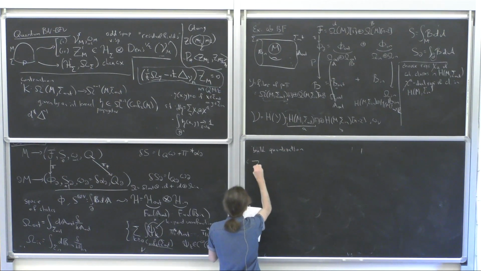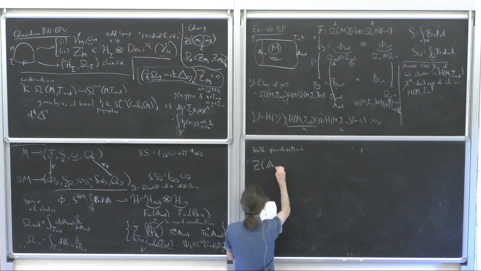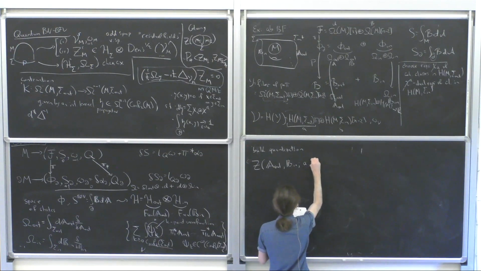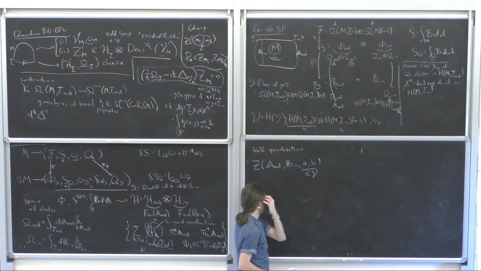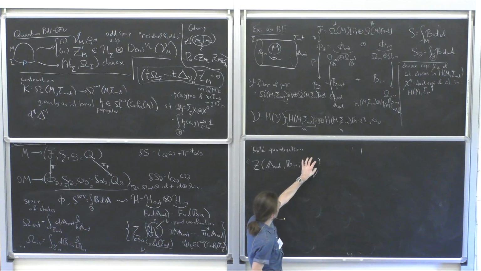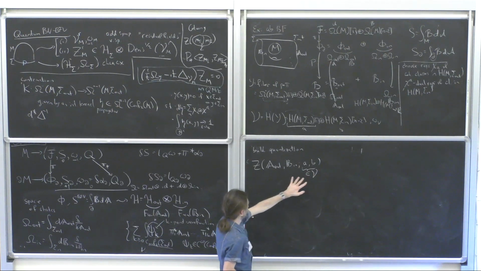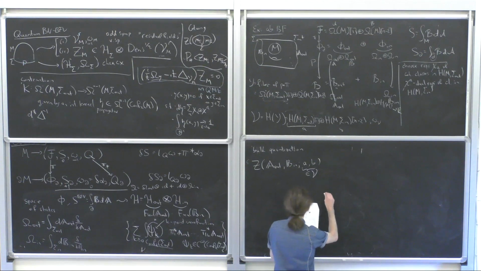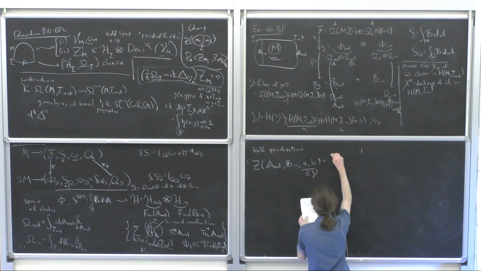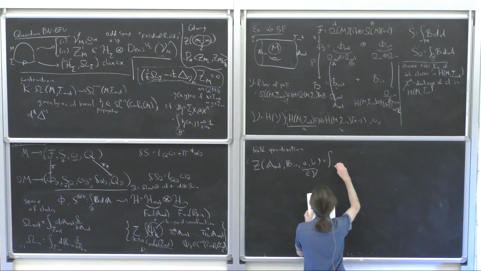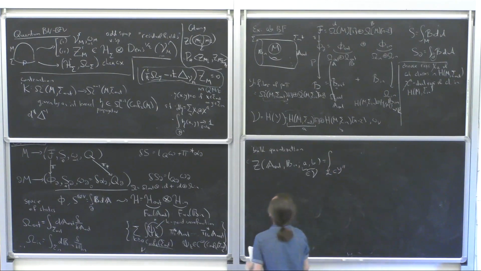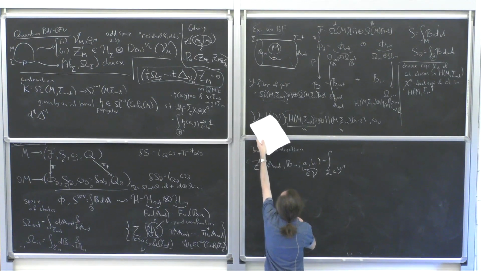So the partition function now will depend on the A out field, B in field, and then also the zero modes A and B, which together give me a point in V, the space of zero modes. A is a cohomology class relative to the out boundary, B is a cohomology class relative to the in boundary. So they are cohomologies of the bulk, bulk zero modes. And this is a differential form on the out boundary, this is a differential form on the in boundary. The heuristic expression is that it is an integral over a Lagrangian in y double prime, where y double prime is somehow the complement of